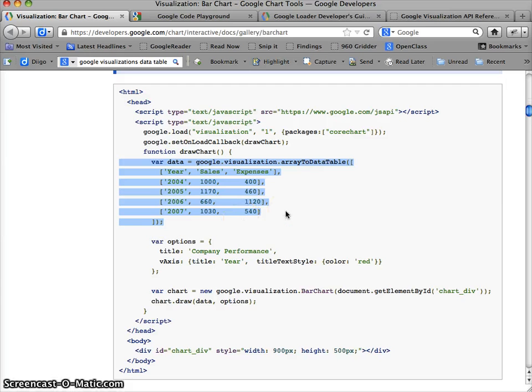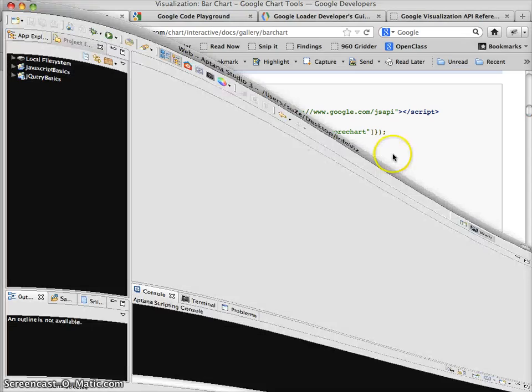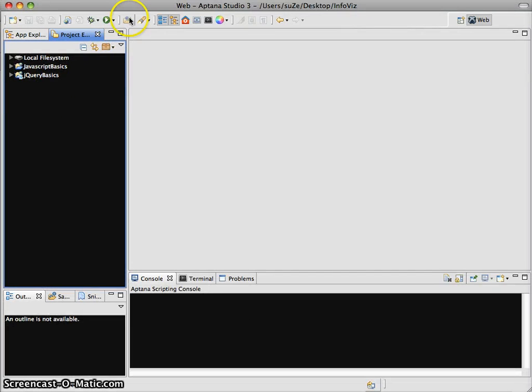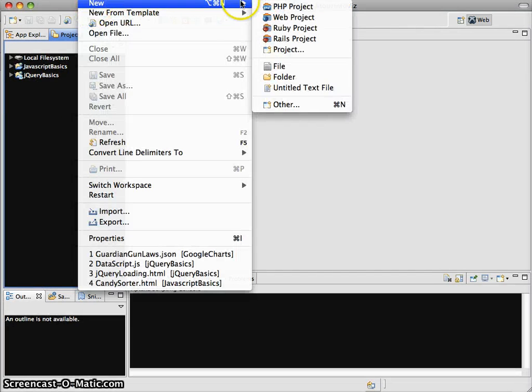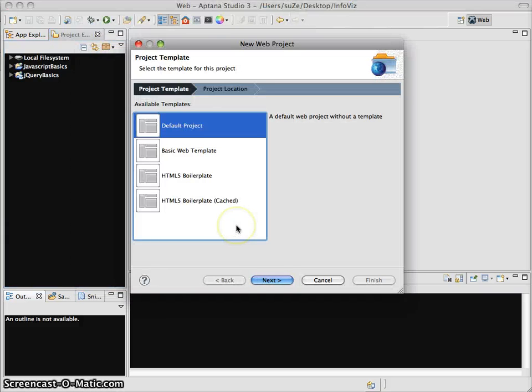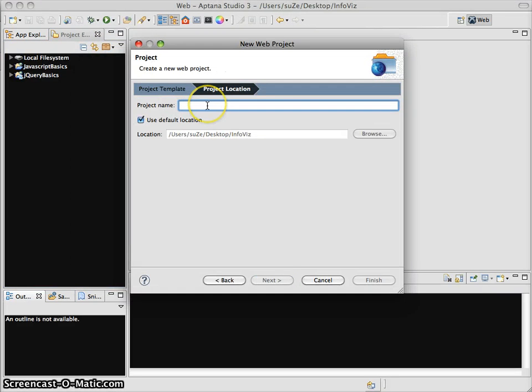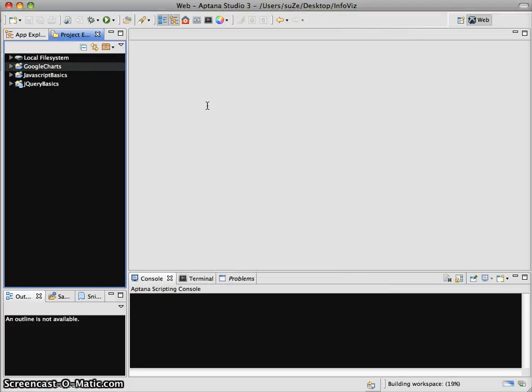But this, our final piece, from the code perspective is going to look quite different. So to get started here, I'm of course going to come to Aptana. I'm going to go ahead and create, in this case, an entirely new project. I'm just going to choose the default one. I'm going to call this Google Charts, or Goog Charts. And I'm going to build this up from scratch because,